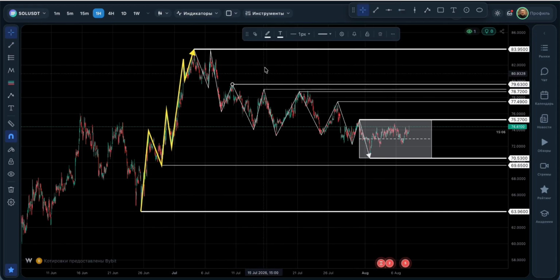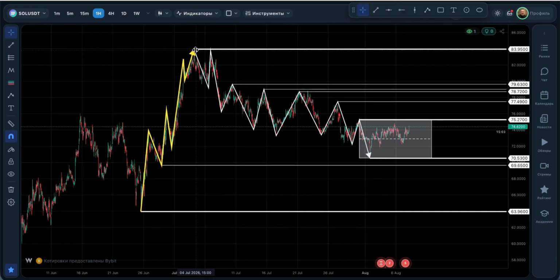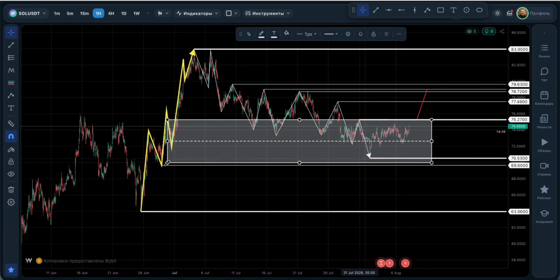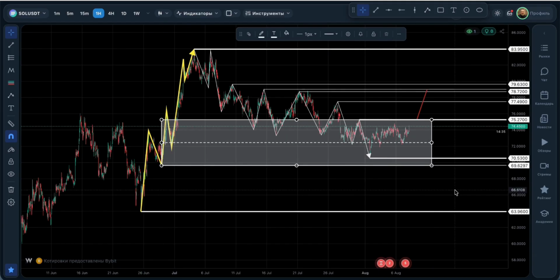Until they break through this entire zone, they won't reach the resistance level of $83.95. Yes, they might give a small move to break the high towards this resistance zone, even with hitting 1 or 2 targets. But right here is the lower boundary of the accumulation at $70.53, and the nearest target is $69.65. Therefore, let's take a wider price range, and then we will trade on the breakout of the price range